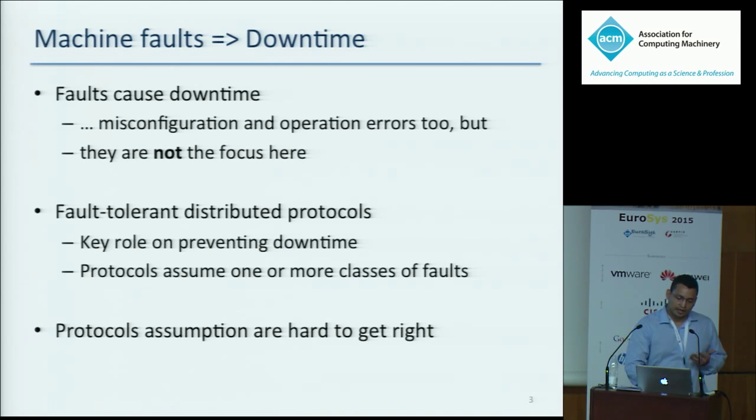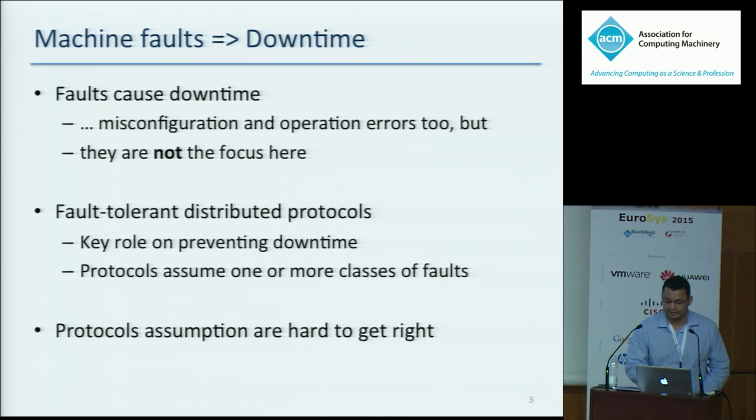Moreover, changing the protocol to capture those faults is not always a simple task, and normally it may require a complete redesign of the protocol. Also, protocol assumptions are not always easy to get right. First, because they impact replication factors if the assumptions are too broad. And on the other hand, they may put correctness at stake if they are too restrictive and very difficult